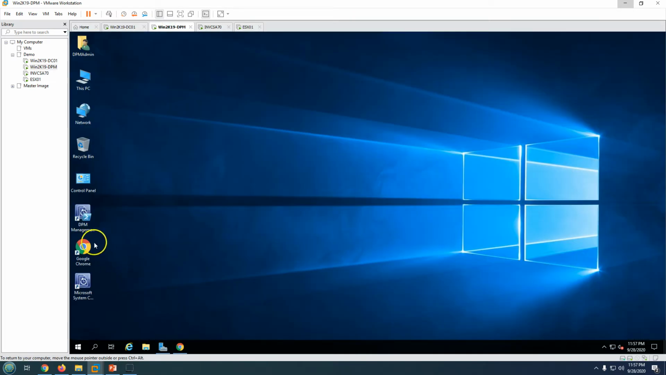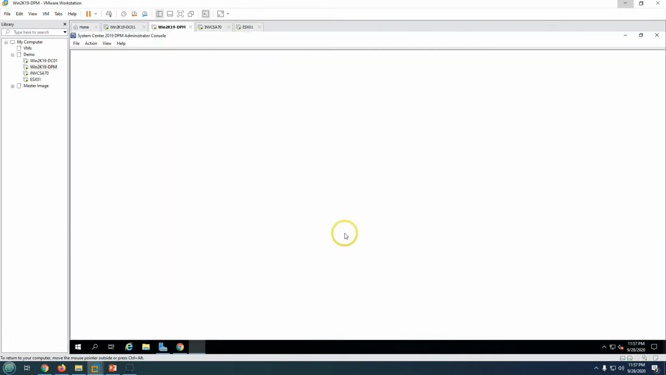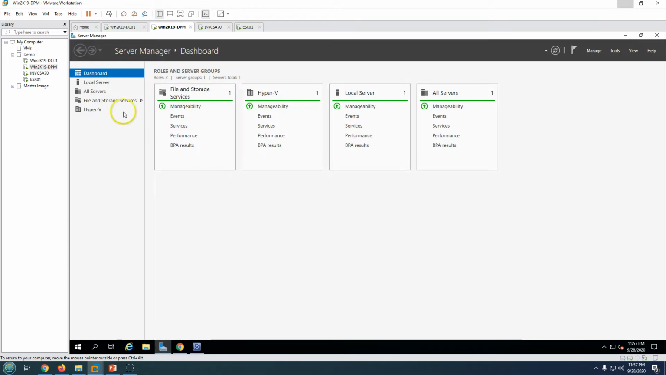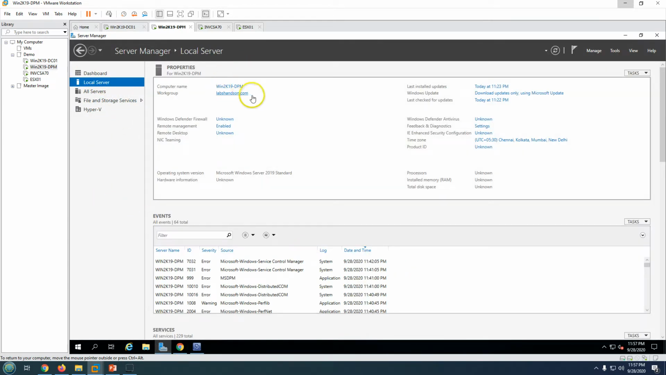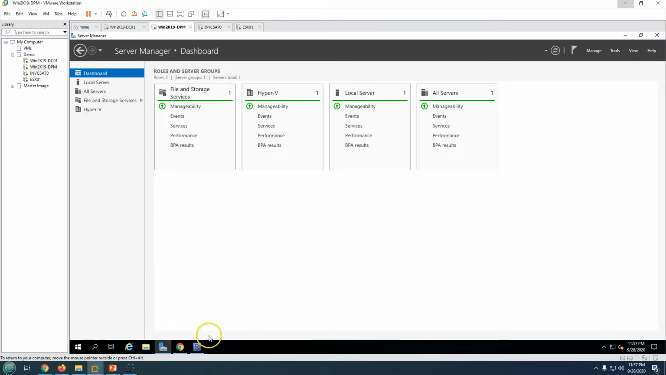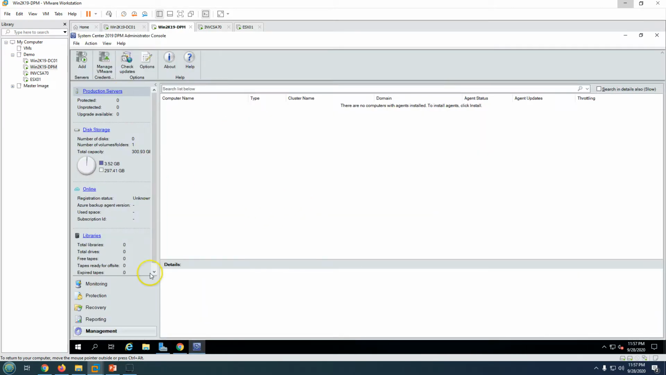So you can see here I have installed Microsoft System Center Data Protection Manager on this machine, and this is the DPM server itself. This is joined in my domain labs and so on, and you can see Win2K19 DPM. So this is my DPM server. You can see here this is freshly installed